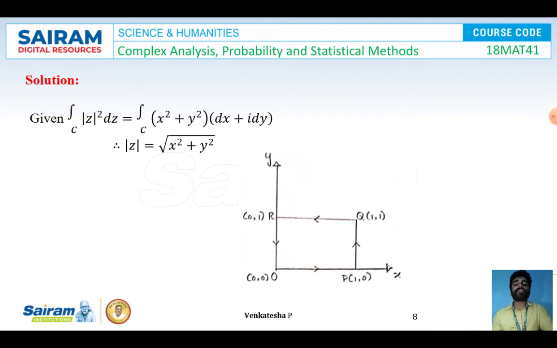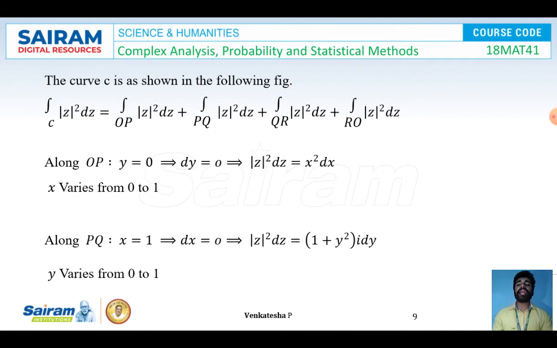Now I'm going to replace all the values in the above equation so that I can divide the given integral over the region C into 4 regions. The integral over the region C of mod z whole square dz will become the integral over the region OP of mod z whole square dz, plus the integral over the region PQ, plus the integral over the region QR, plus the integral over the region RO. And since we know that mod z whole square dz will be x square plus y square into dx